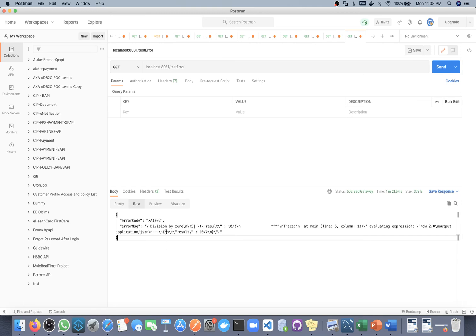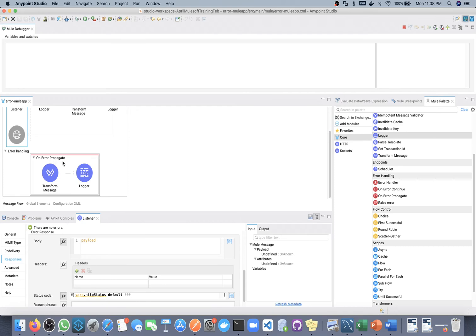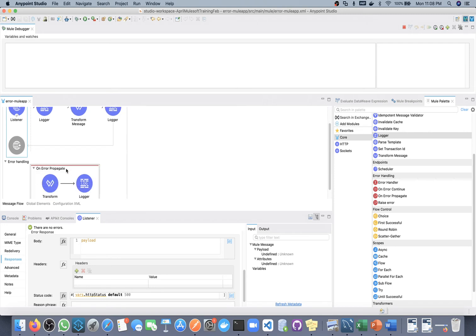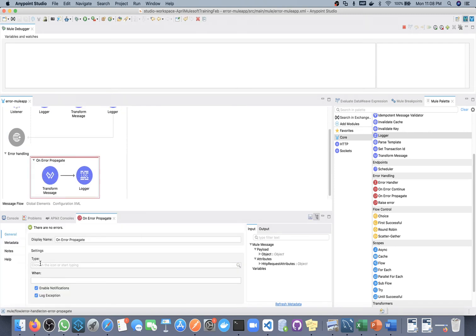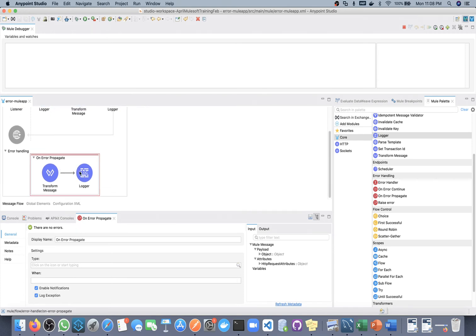Now, till this point, whatever on error propagate or on error continue we had, both are handling any kind of error type; we are using any. One more thing: we can use on error propagate and on error continue at a time also, and we can use a number of on error propagate and on error continue at a time.